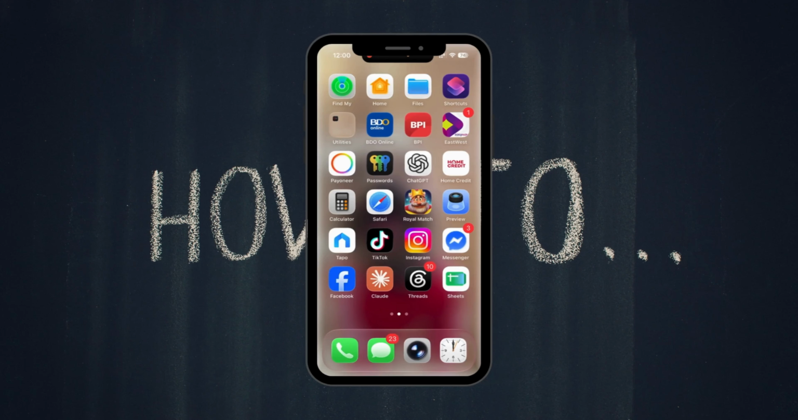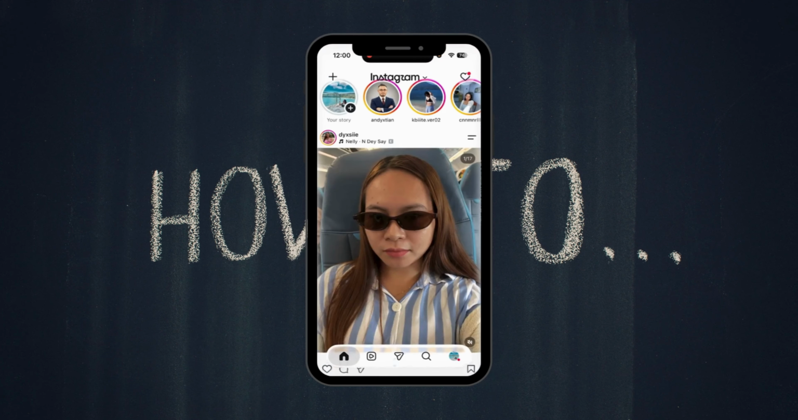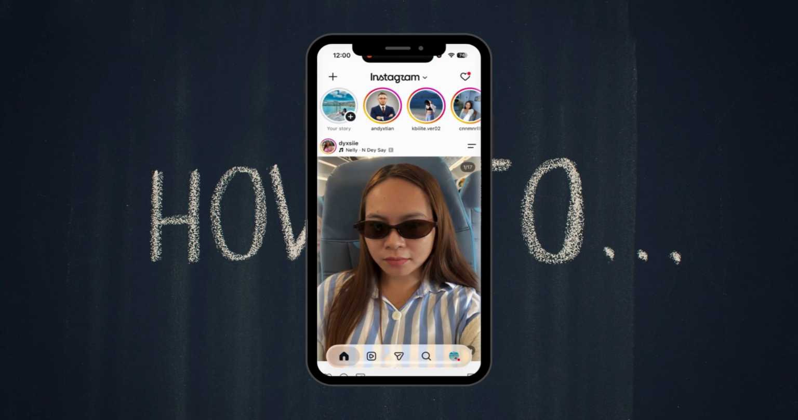Hey everyone, I'm going to show you how to turn off active status on Instagram. So to get started, open the Instagram app, then go to your profile by tapping your profile picture in the bottom